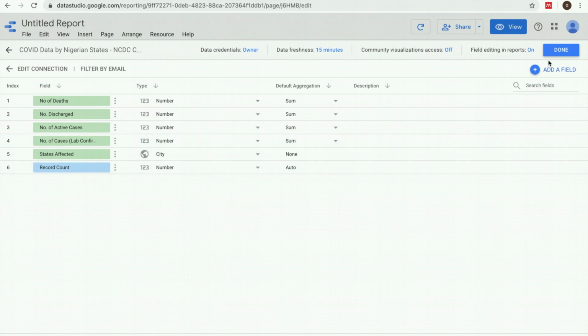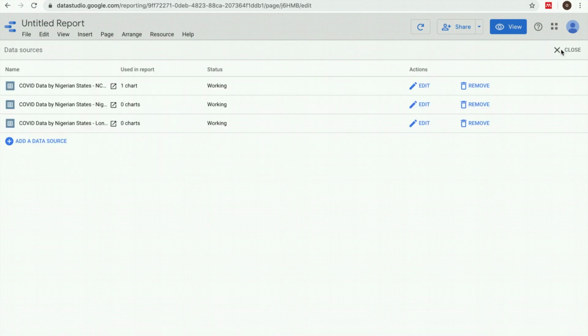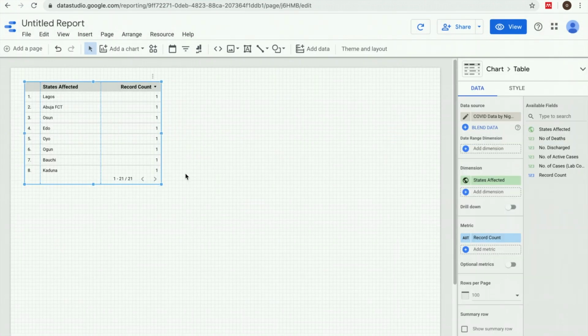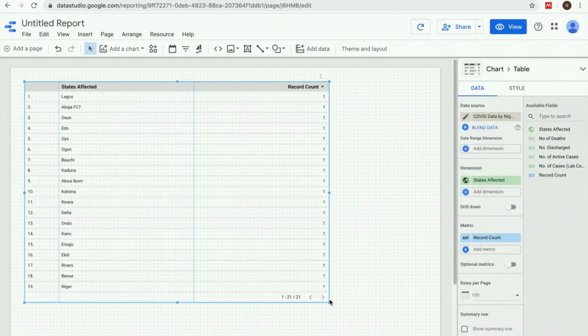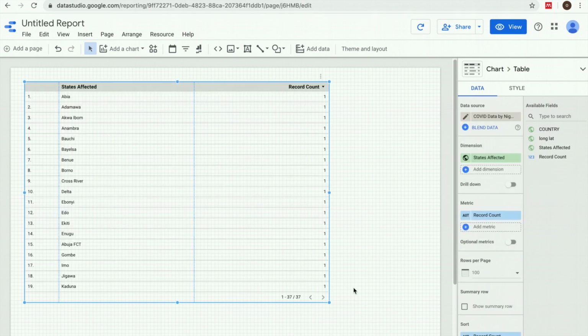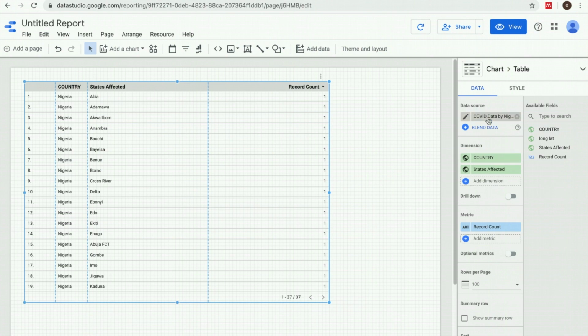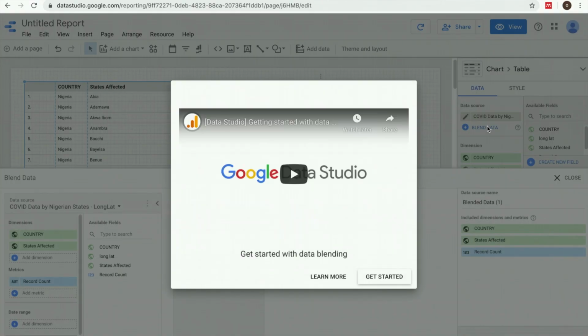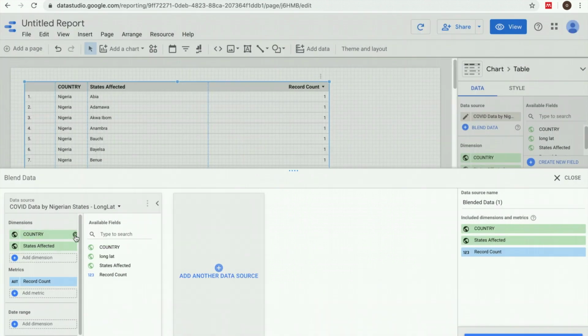Now I will be merging 2 data sets. As a data analyst, you would always find you're in a situation where you have 2 tables, none contains all the data you want, and so you have to merge the 2. The only thing you need to be able to merge are unique variables across both data sets that exist in both data sets, and in this case it is state affected. Google Data Studio uses blended data